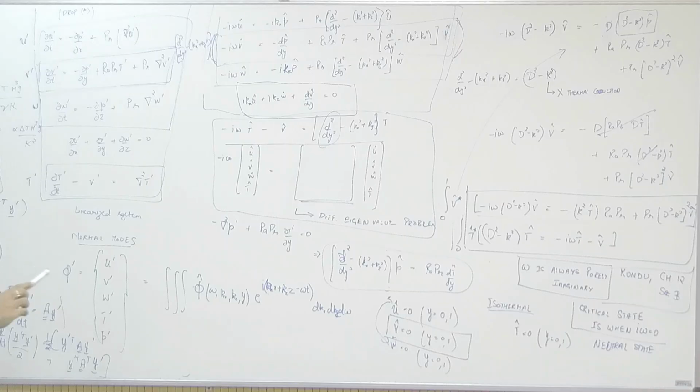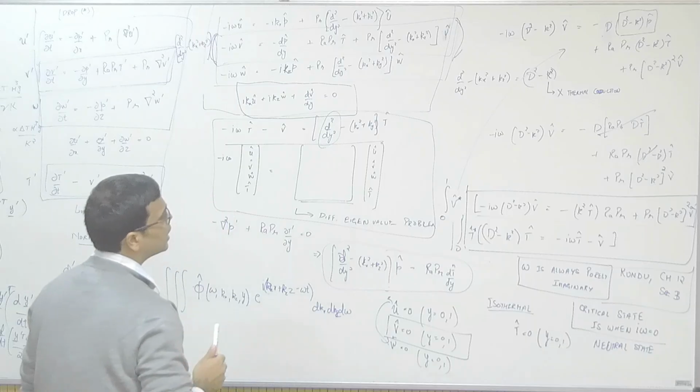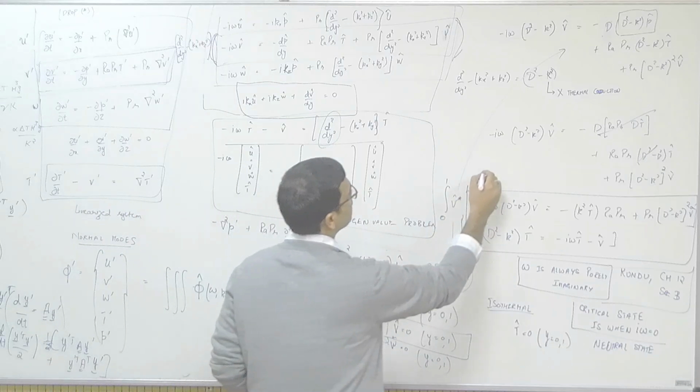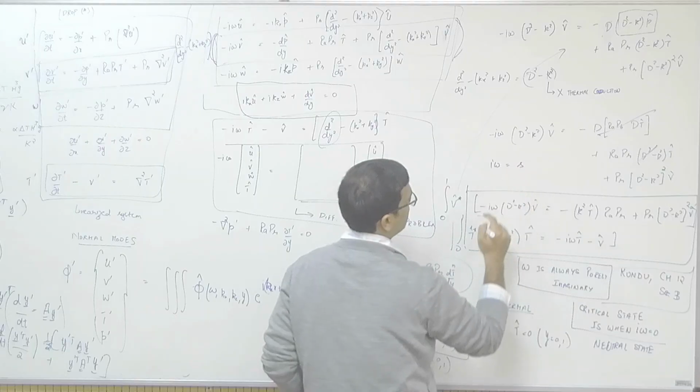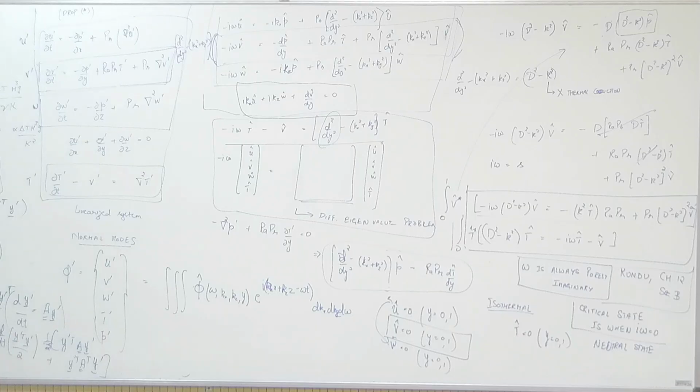So that's how you can get to the conclusion that omega is always purely imaginary. In the textbook, they have written this I omega as some s, and they have shown that s is purely real. Okay, so you can extrapolate from there. So moving back to our equation,